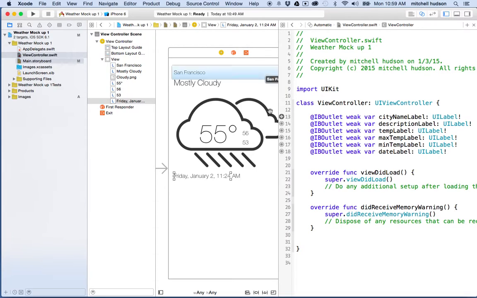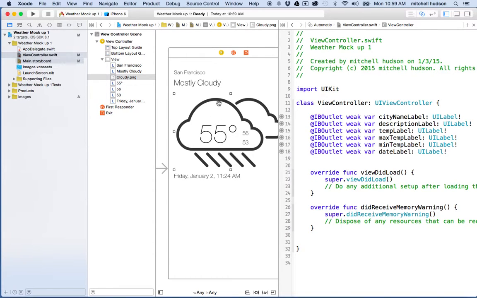Let's do one other thing. So everything that you create in Interface Builder can have an IBOutlet, okay? I've used UI labels for everything here, but this image right here is actually a UI image view, okay? So it's an image view, and the image view can also have an IBOutlet. I mean, imagine we want to change the picture of the image while the application is running, right? When we get weather information, if it's not raining, if it's snowing or something, I want to change this to